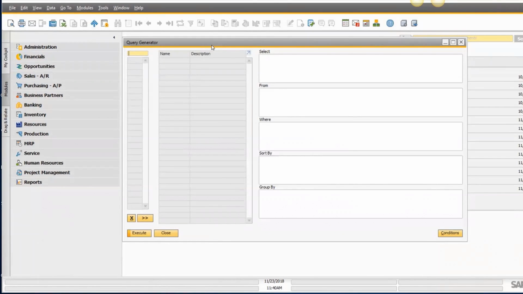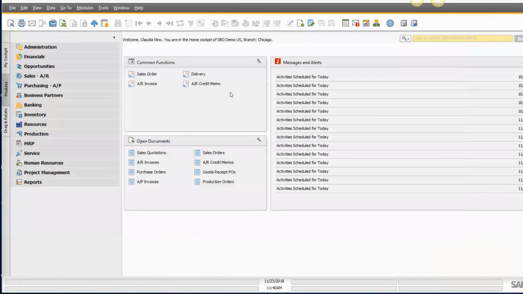We can select what fields we want to see. So this tool allows us to start creating very basic queries. Once we write those, and I'm not getting into details because we will actually go over this once we get to it, you have the ability to save